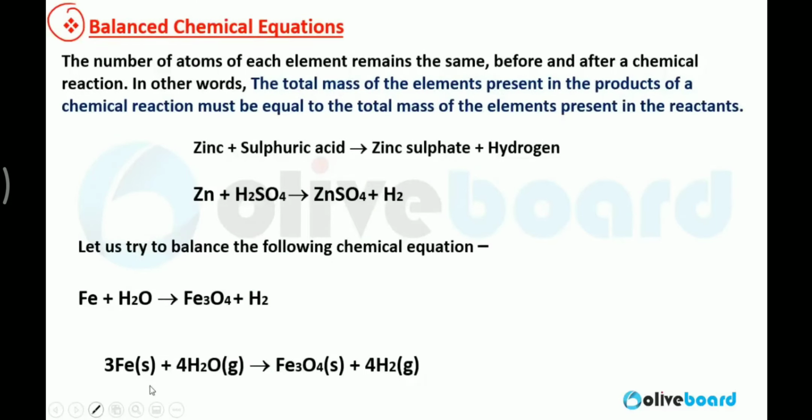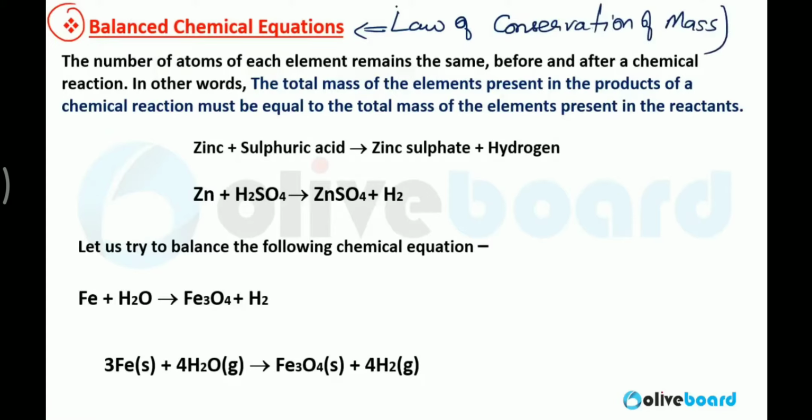Now, what is a balanced chemical equation? There can be a chemical equation, but chemical equations are always balanced. What is the meaning of a balanced chemical equation? Just try to understand from the law of conservation of mass. I'm just giving you a simple example. What is the law of conservation of mass? That mass can neither be created nor be destroyed, but it can change from one form to another form. It can transfer from one place to another place, or change from one form to another form.